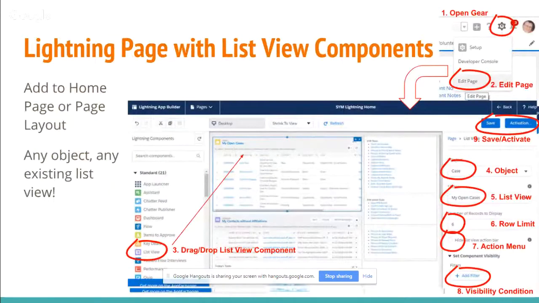You can add a list view as a component now, and this is really nice on the home page. It may have application on object page layouts as well. You go to the setup, you open the same gear as you would where you would find the setup menu, but instead you're on a page and you edit the page. It might be the home page as in this case, or it might be an object page, as I said. And the Lightning components that are available to be added are on the left, and lo and behold, you will find list view there. You can drag and drop that to any place on the page,